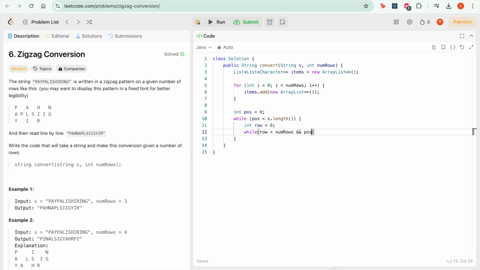And the variable for position is less than s.length. This is because the row is starting from 0, right? If the number of rows is 2, we'll only go from row number 0 to row number 1, because in arrays, like in Java, we start counting from 0. So while the row is less than the number of rows, we're basically traversing